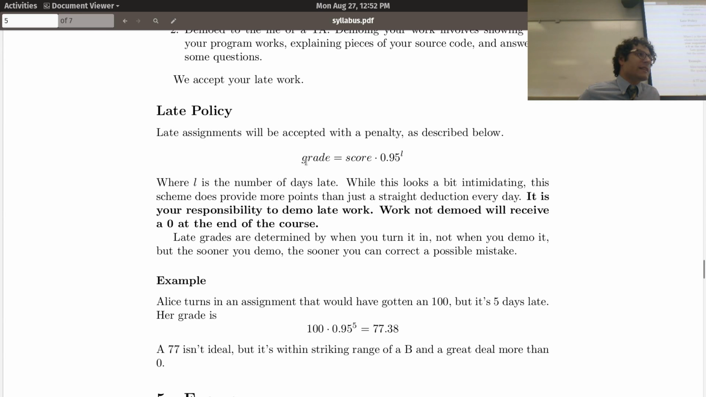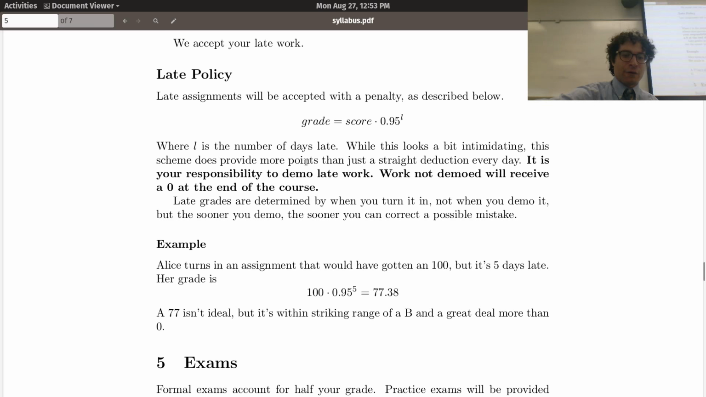Late policy, I have a pretty lenient late policy. Basically, it's 5% off, not 5 points, but 5% off per day, meaning the first day it's late, it's 95, the second day late, it's a 90.25. Okay, and then it's an exponential decay. That means that assignments are always worth something. And generally, if it's more than 10 days late, you need to explain why it's late. But there will always be a chance to turn in stuff for credit. Okay,